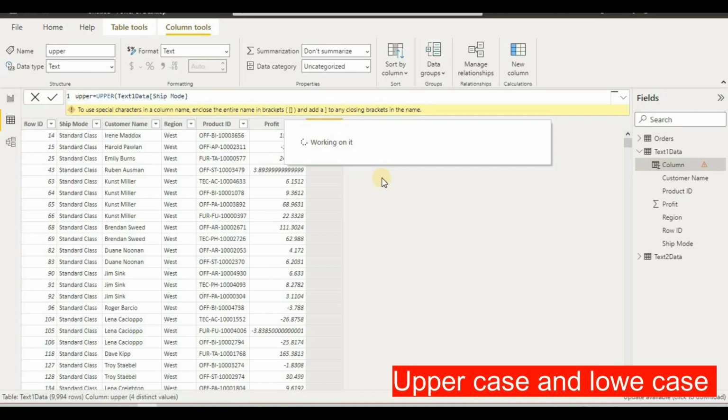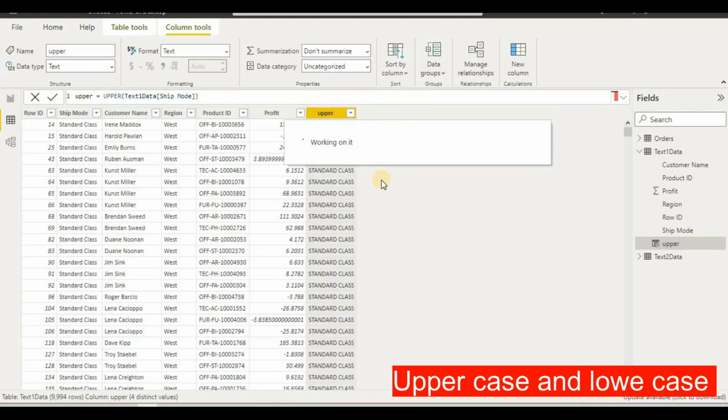So I have this file which is ship mode, and now we have all the data in uppercase. So all our data is in uppercase. If you want to convert our data into uppercase, these are some of the text functions which we can use. Next, I will click here, new column, and if we want to convert this data